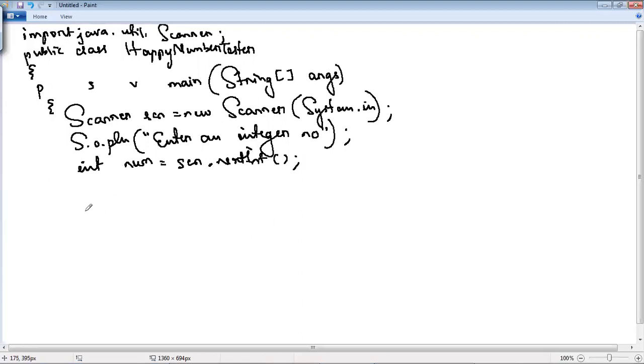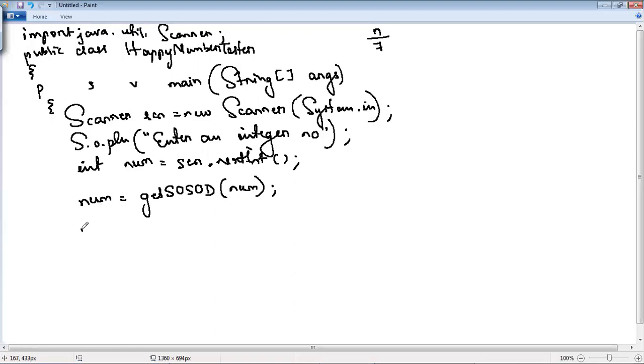Okay, now what we will do, we will just reinitialize this num by calling the method get sum of square of digit and pass num. Okay, see, because if it is a single digit number, n is equal to 7, so we need 49 at the very first stage. So 7 will go there and we will get 49 in num.